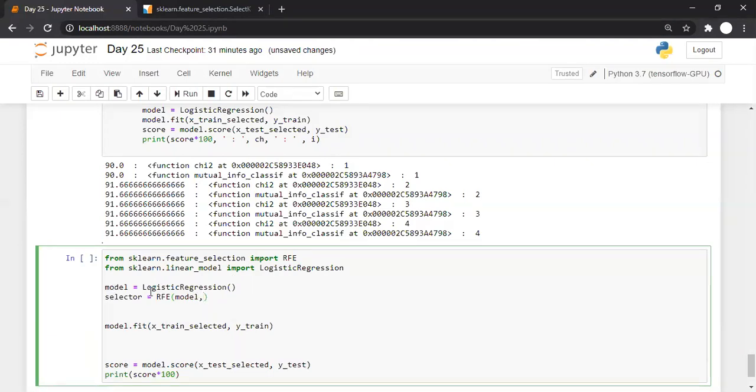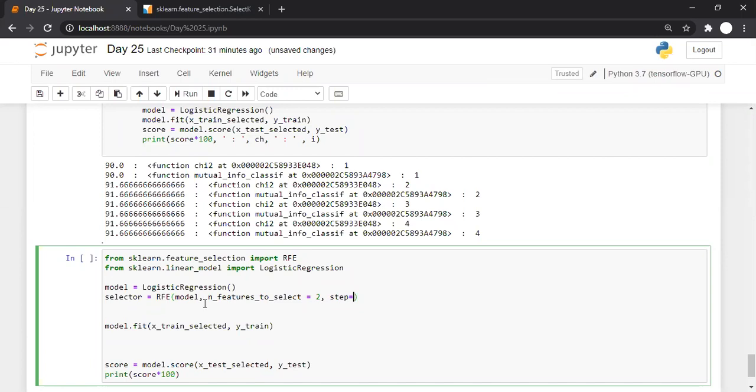So this is the object of logistic regression that we have created. So we'll say that I want this recursive feature elimination for logistic regression. How many features do we want to select? Let's say n_features_to_select. I want to select 2 best features, and in every step delete 1 feature.